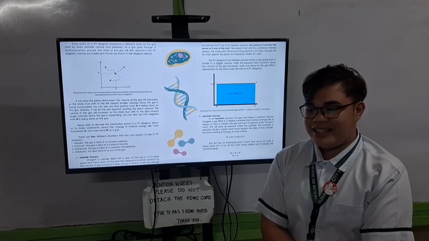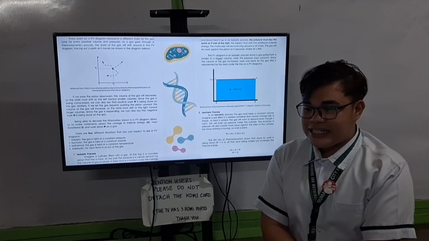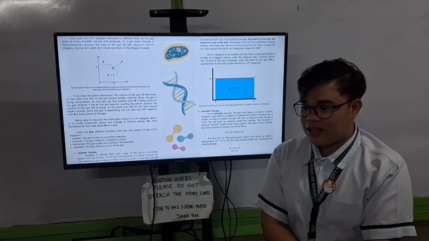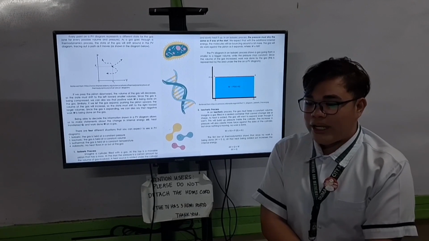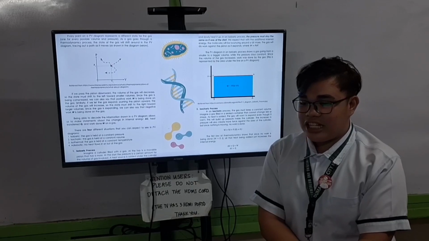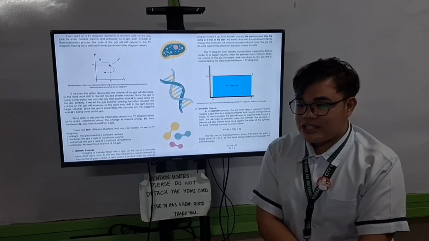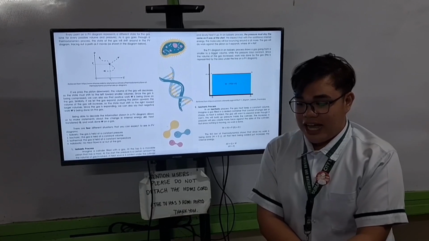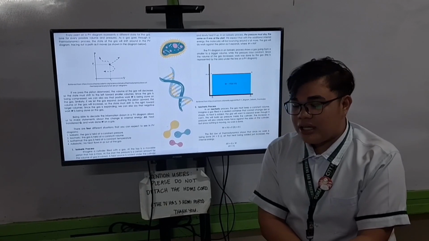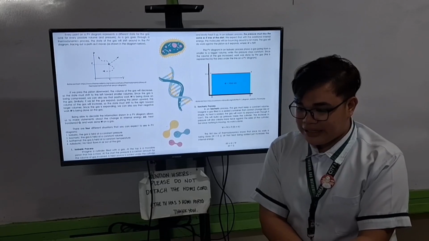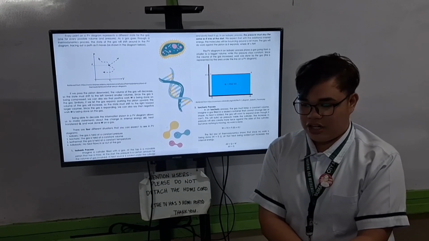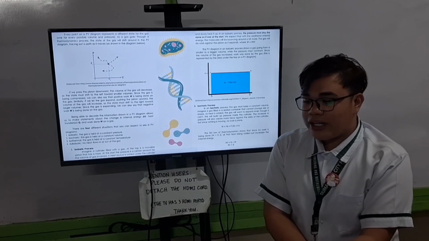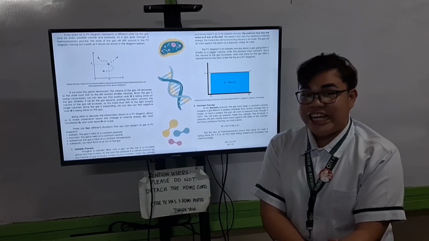And second is the isochoric process, or constant volume. Imagine gas in a container that cannot expand. When you add heat, the gas cannot change volume, so it increases pressure instead. Since the piston doesn't move, no work is done, or W is equal to 0. All the heat added becomes internal energy. In short, volume doesn't change, so no work happens, only pressure increases.